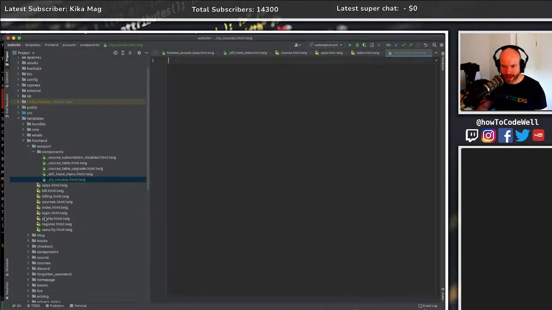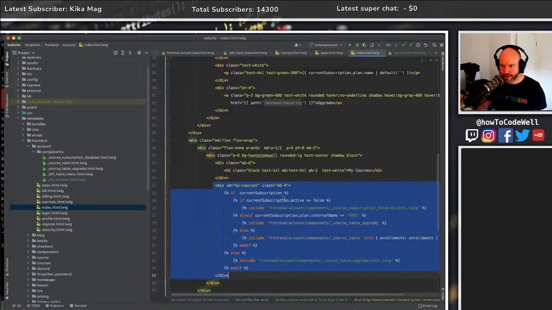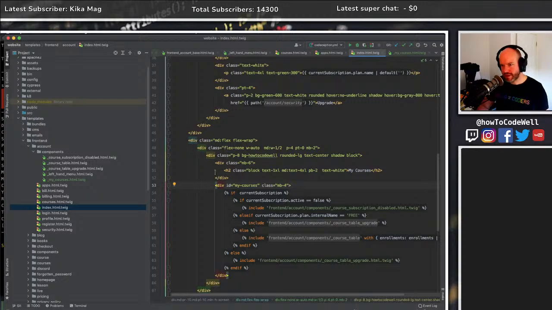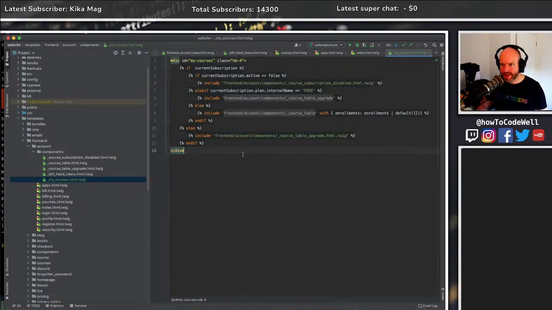So this is going to have, if we use the courses one first, because this is the, sorry, not that one, the index. If we use the dashboard one, because that's the one really that is required. It finishes there, isn't it? My courses. In fact, I might just push over the whole thing. Actually no, I'm just going to run it from here. Right, in there, paste that in,